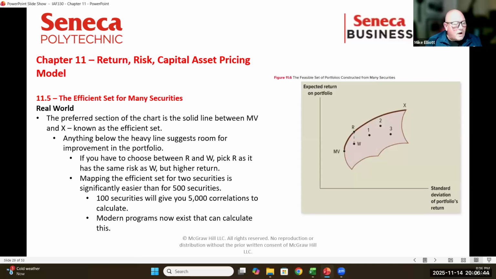You need to understand that while we're optimizing portfolios, what we're saying is, you gave me a W you wanted to invest in. I'm telling you, with the same risk parameters, you can get 2% more return by going to R. Doesn't impact anything else in the portfolio. Why would you not go from W to R?